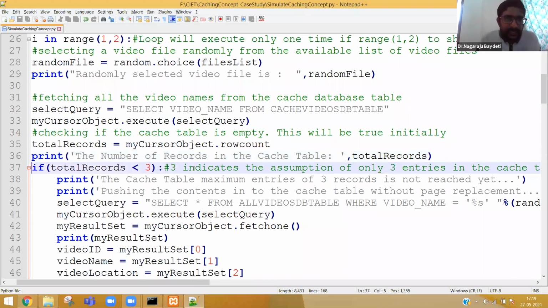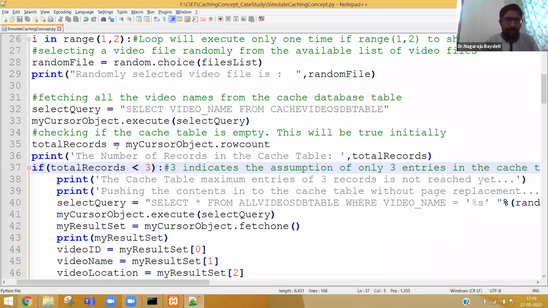So I am restricting it to 3. Why only 3? Just for explaining purpose. If the number of videos are 1000, you can also take 300 as the size of the cache. If the number of videos is increasing, you can also have a different cache. Because there are only 12 videos, to meaningfully explain, I have taken the total records of the cache as 3.